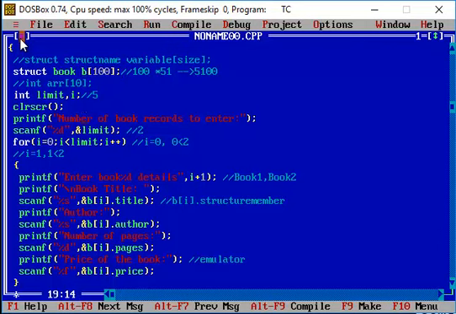So this is the syntax, and as usual you can set the limit value for how many records you want to have, and each record will be accessed with the help of the name of the structure variable, followed by the index value, and then followed by the structure member name.